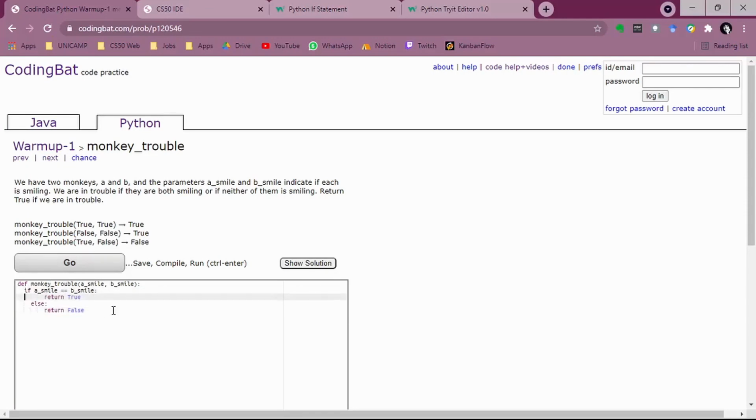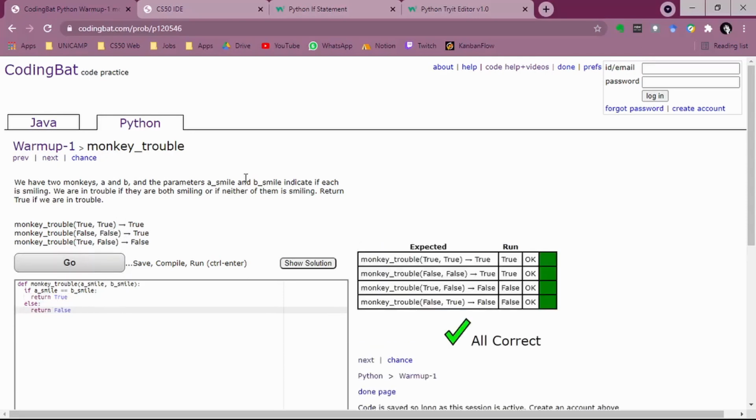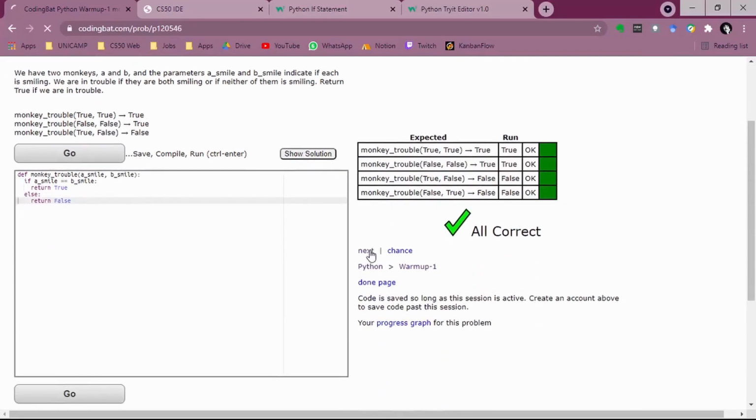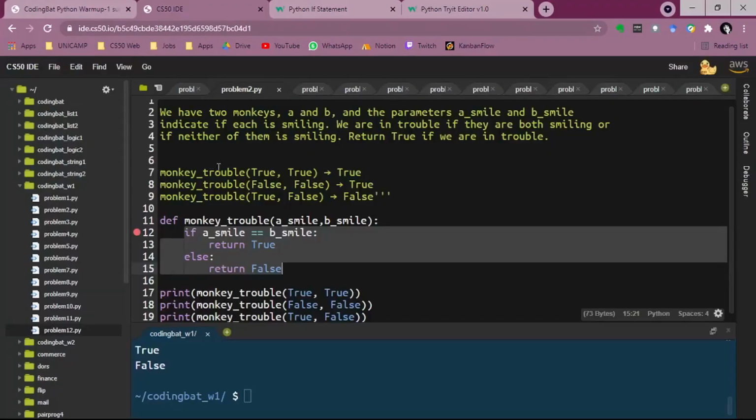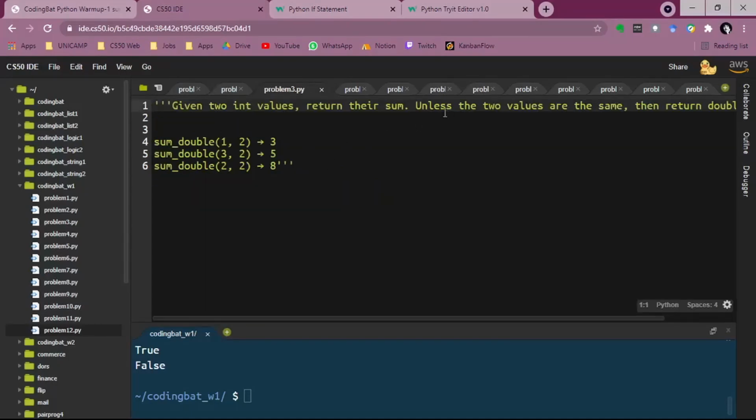Okay? Let me paste this here. Let me check the indentation to make sure that we have no doubts in here. And let's go. So all correct. Okay, we're on fire. Great job for us. Next problem,